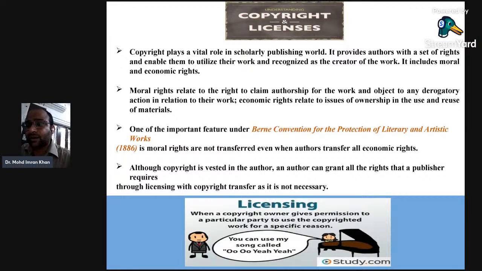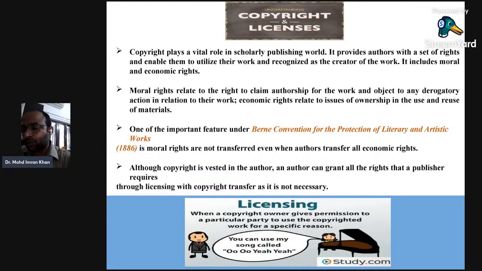So, what does copyright give you? Let us suppose you come out with a research paper. You created it out of your own intellectual creations while going through the literature review and the prior art searching. You've done all the things, and then you write a research paper and you want to publish it and you want to have a copyright on that. So what does copyright give you? Copyright is actually a bundle of rights, right? It gives you a bundle of rights.